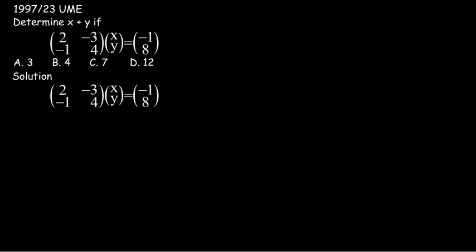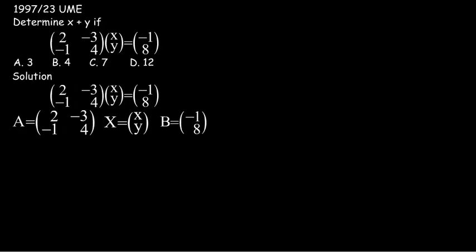So therefore, splitting the matrix, A will be equal to [2 -3; -1 4], X will be equal to matrix xy, and B will be equal to matrix [-1 8]. So AX will be equal to B, and dividing both sides by A, X will be equal to A inverse B. Getting our A inverse is equal to 1 divided by the determinant of A, matrix [4 3; 1 2],